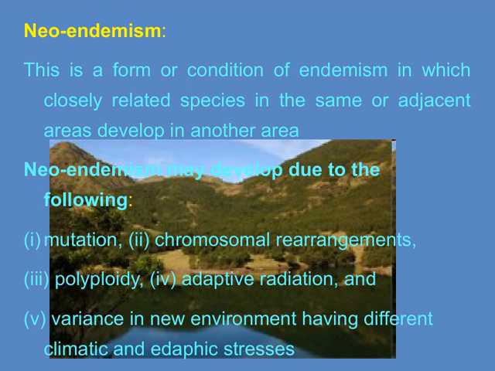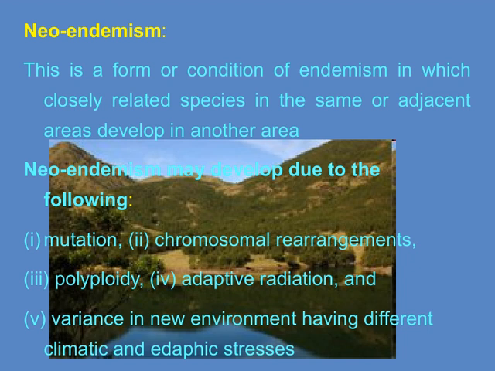Lastly, variance in new environments, particularly those with different climatic or soil conditions, pushes species to adapt, leading to the emergence of new endemics. All these processes are interconnected within the broader theme of biodiversity and how species evolve and diversify in response to their environments. Understanding neo-endemism helps us grasp how new species can arise in localized areas, contributing to the rich tapestry of life